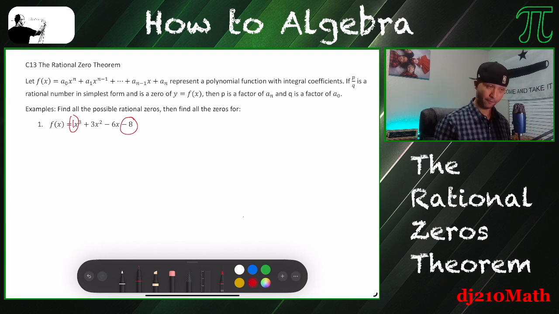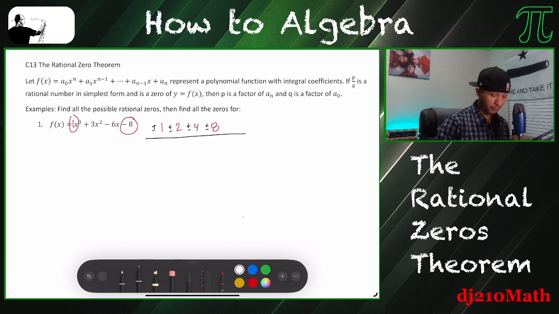So I take the factors of 8, even though it says negative 8, right? Even though this constant is negative, I'm just going to take the factors of 8. So 1 and 8, 2 and 4. These are the common ways of making 8, right? Multiplying to get 8. Then you take the positive and negative version of each of these numbers. I'm going to put them over